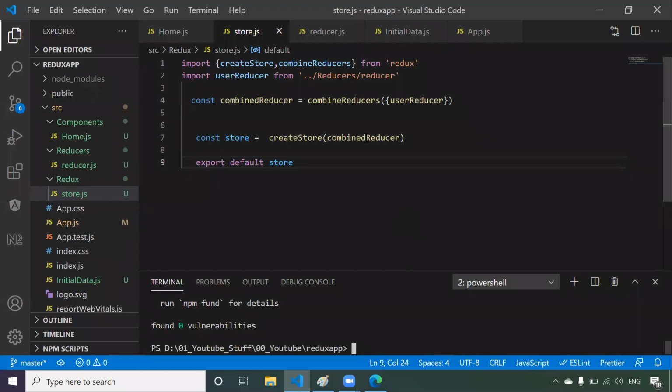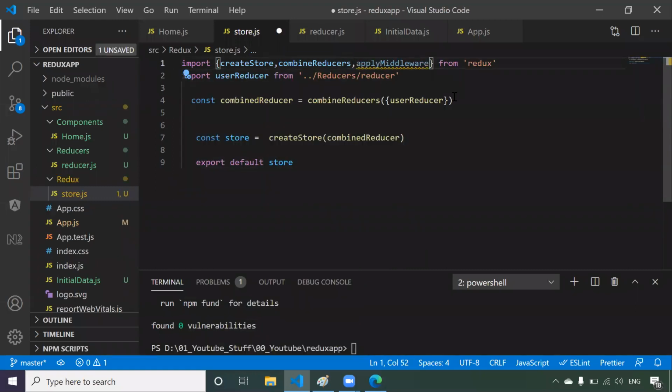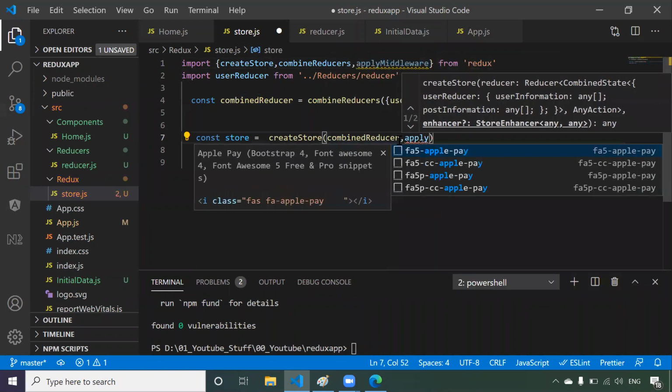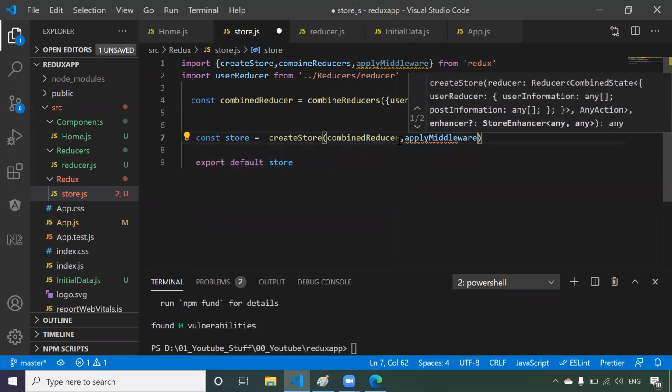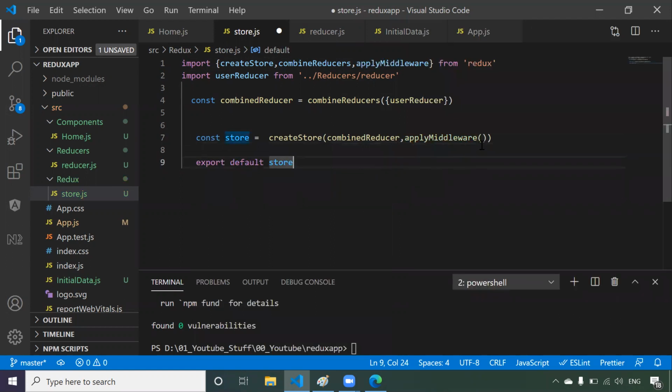Once you have installed it, we have a method in Redux called applyMiddleware. This is a function, and we have to pass it as a second argument in createStore. So just pass applyMiddleware, and since it is a function, we have to call it. What do we pass in applyMiddleware? We have to pass Redux Logger.